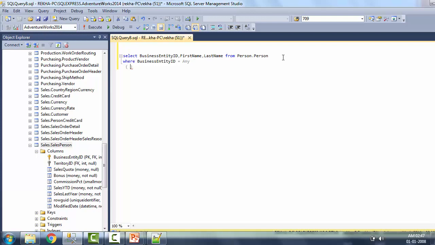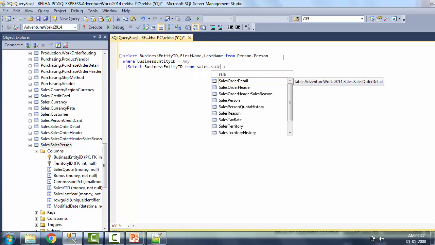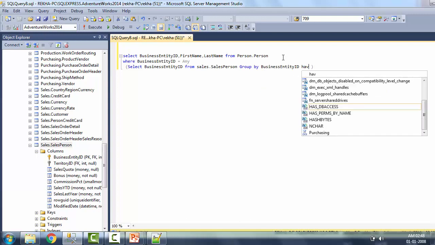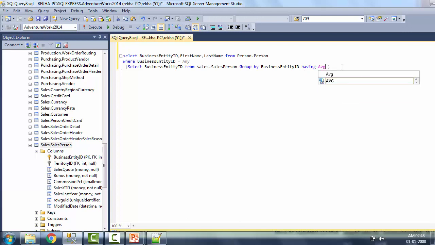Here we will write select business entity ID from sales.salesperson. We can use group by business entity ID, then having average of bonus